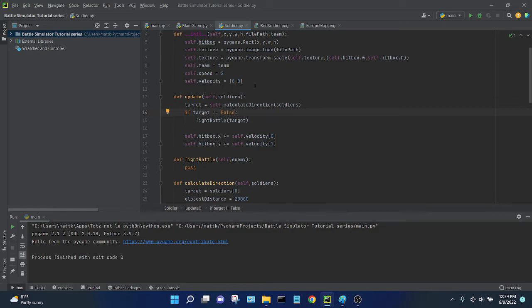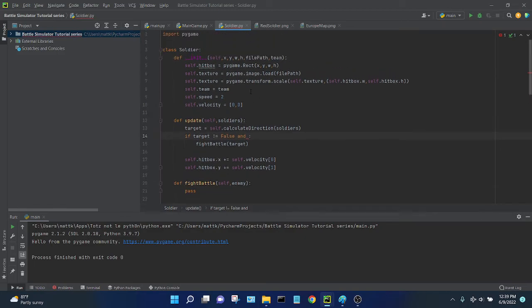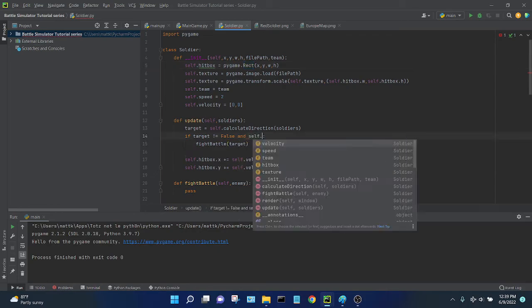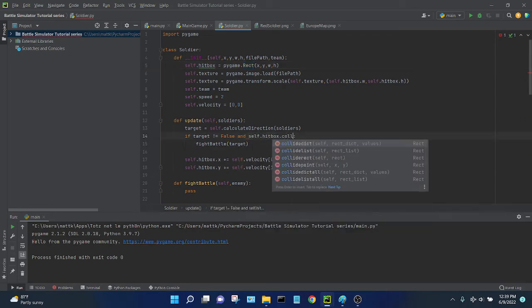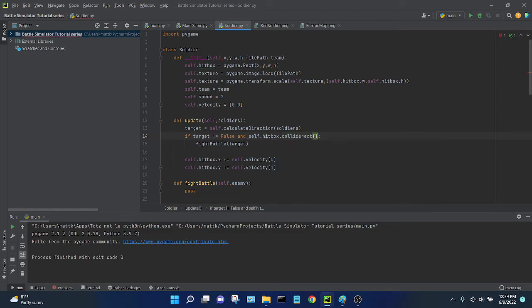So let's check if the two soldier boxes are touching. So I'm going to add another condition. If, and what's cool is Pygame has a really good function built in, which lets you see if two rectangles, which is what our hitboxes are, are touching. So I'm going to type if self.hitbox.collide rect, that's our function. It takes another rectangle as an argument, so